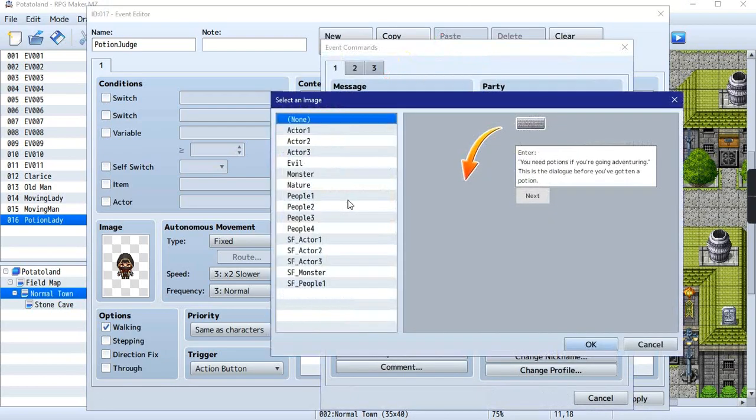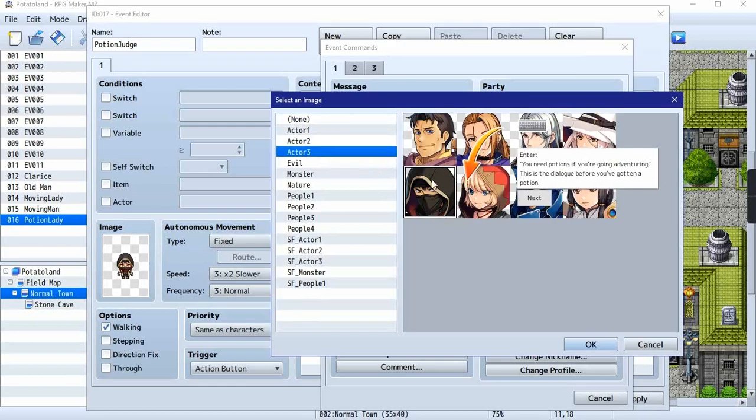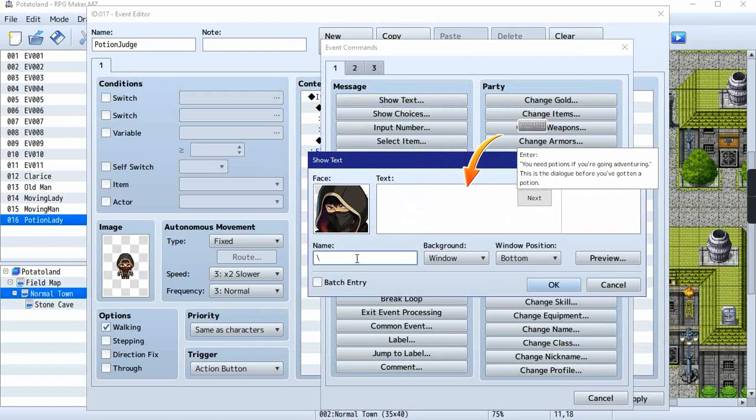We go to show text. We give him a face. Once again, we do the same thing with his color. I can't remember what color it was, but I'm going to go with number 3. Potion judge, 3. And in the text field, we're going to say you need potions if you're adventuring. I don't know. I like making my own stuff, so let's go with